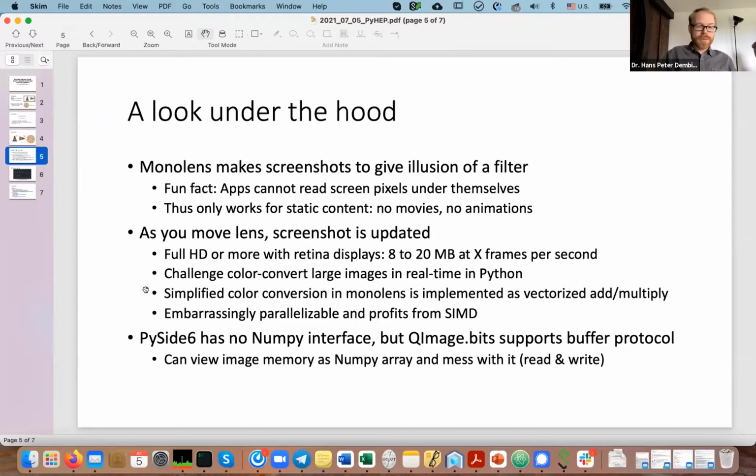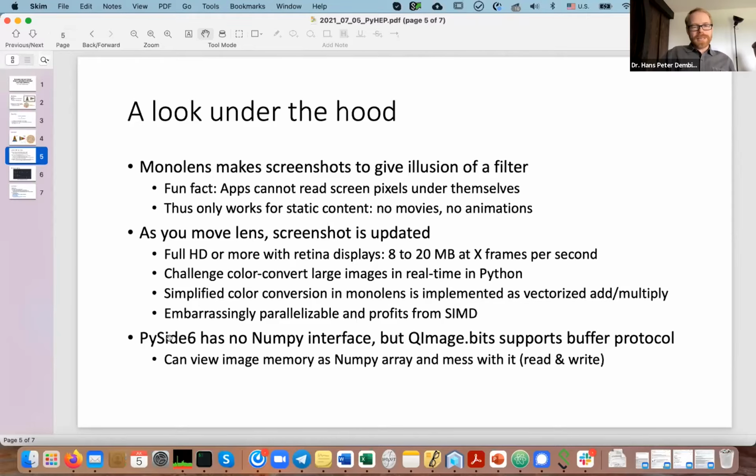It actually works if you use NumPy, and you use some simplified color conversion code that I took from another project, which is basically vectorized adds and multiplies. So in all, this is an embarrassingly parallelizable problem, and it also profits from SIMD, which NumPy also uses already. But you can make it even faster when using Numba, as you see in the next slide.